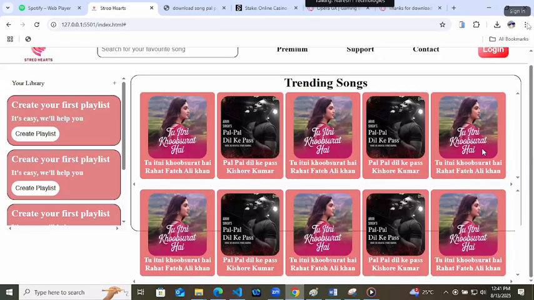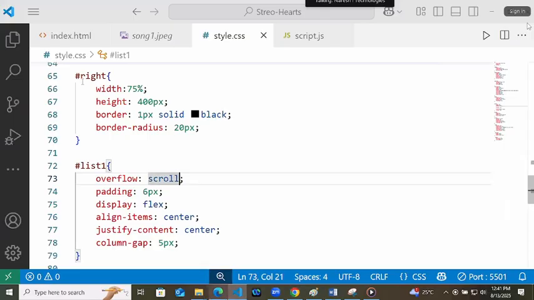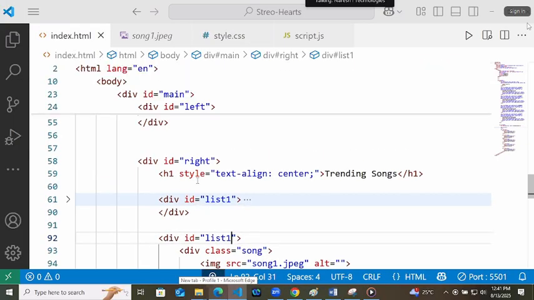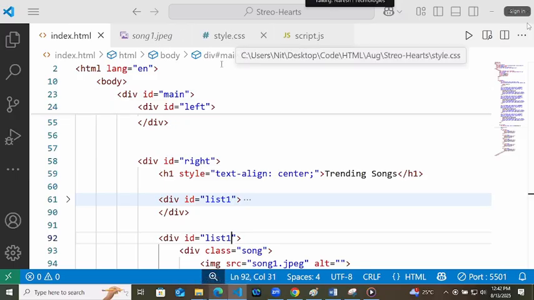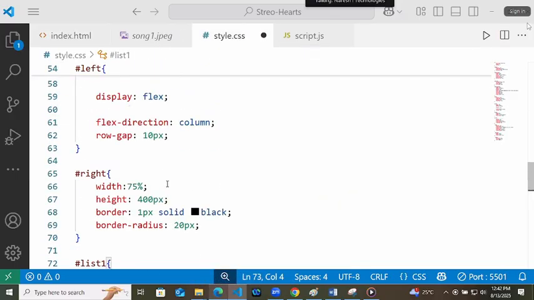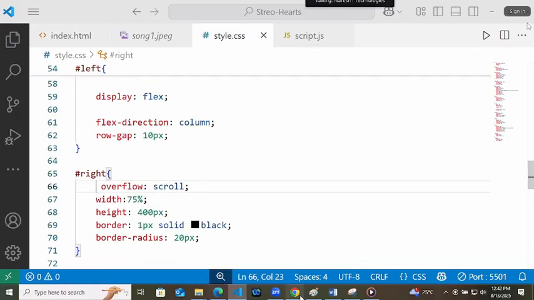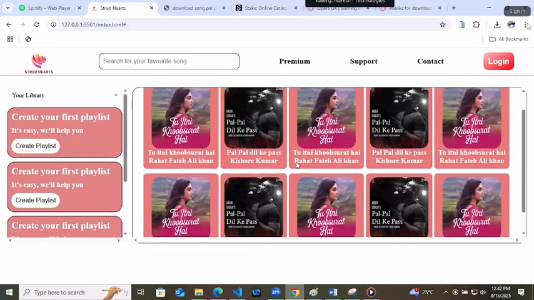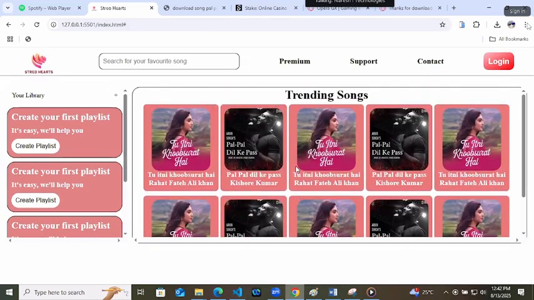So there are 2 lists actually and we are giving it to the wrong one. This is the right div, which is getting overflow. So we should give this property to the right child. Like this. Okay. So all the songs will be visible here.